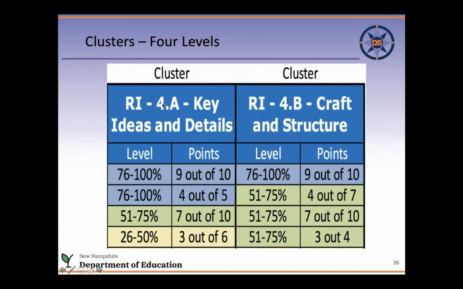So for cluster, here's a key ideas and details cluster. This student got 9 out of 10. So that's pretty good. So he was a 90 and will end up in the blue. This student got 7 out of 10. It's a 70 and he or she will end up in the green. This student ended up with only half of the points and ended up in the yellow. So the clusters are scored based on the number of points the student received against the number that he or she was given. And remember, the test is adaptive, so every student will get a different number of points for the clusters.